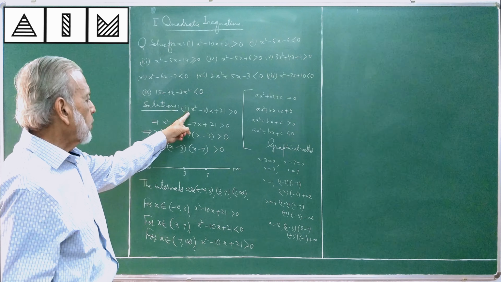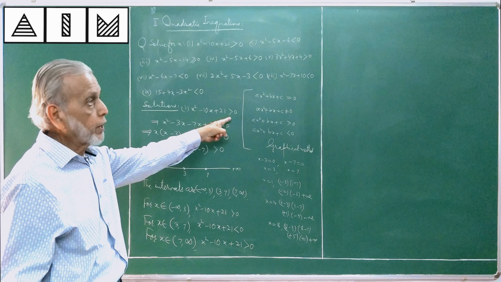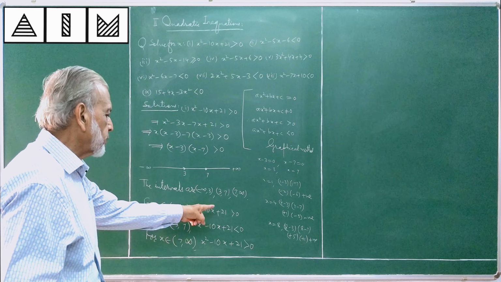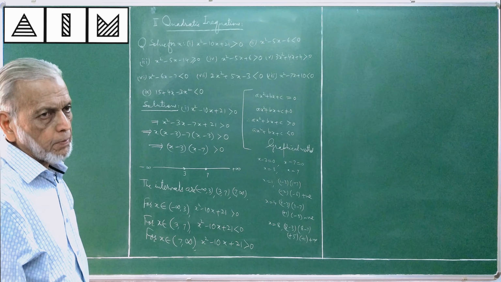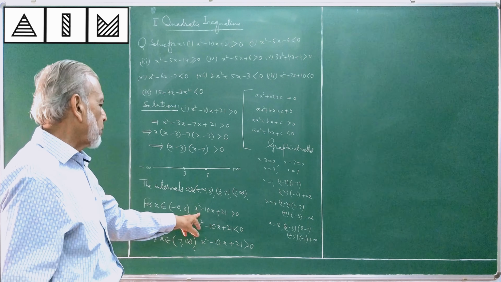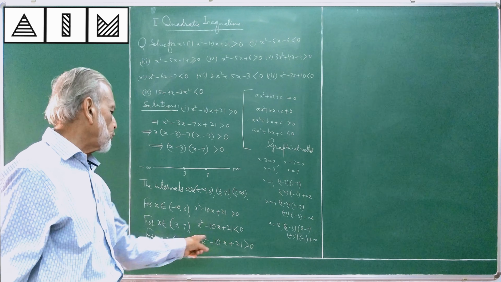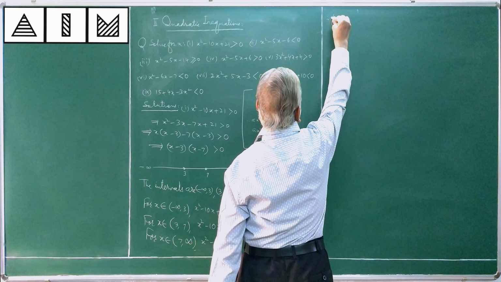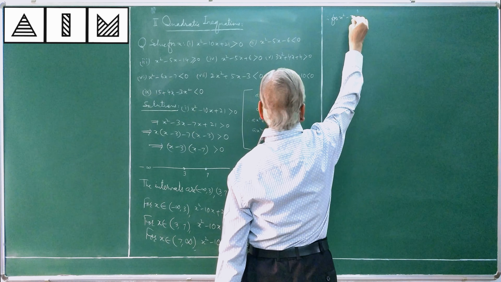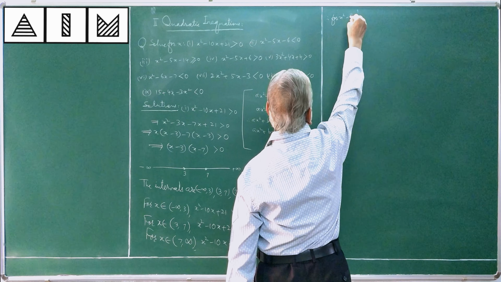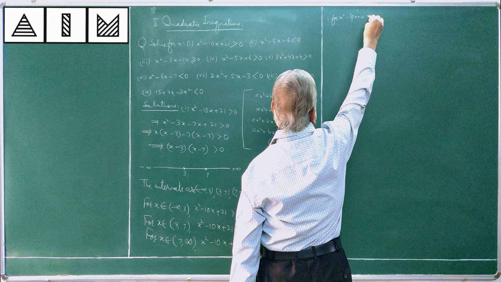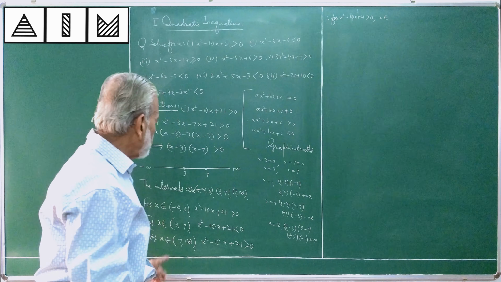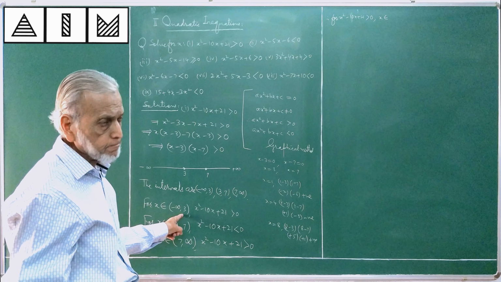You require x square minus 10x plus 21 to be positive according to the question. So you have to see where we get this particular thing. We get it in 2 intervals. X square minus 10x plus 21 is positive in the first interval and also positive in the last interval. We have to now write, therefore, for x square minus 10x plus 21 to be positive, x must lie in this interval, minus infinity to 3,